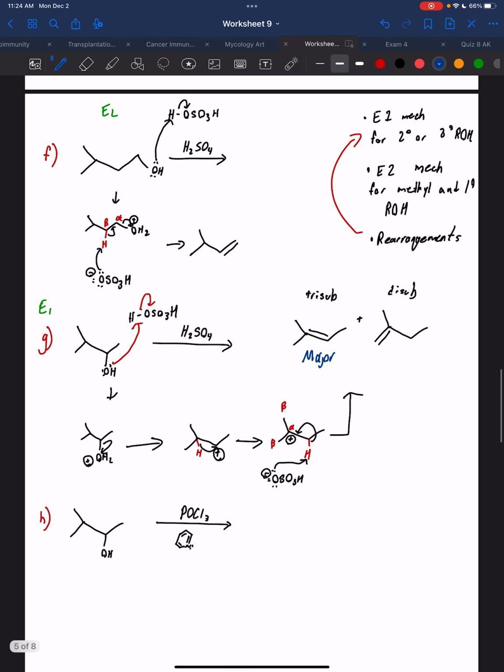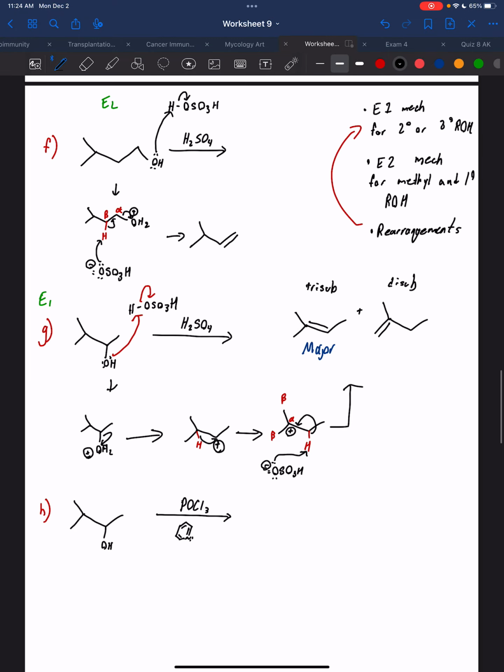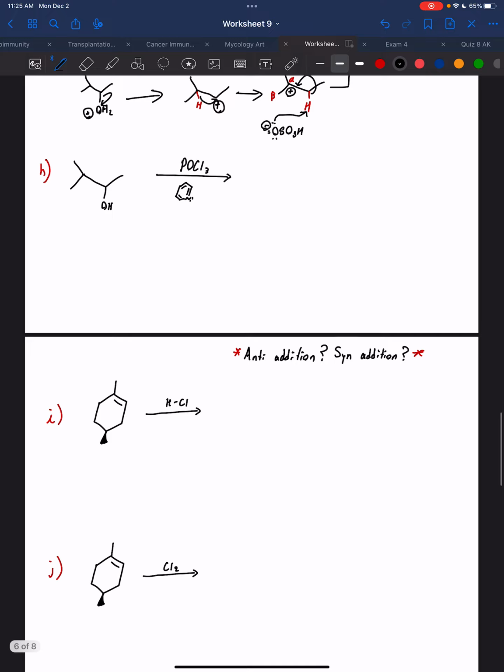Again, the things to take away from this is every time you see an acid, protonate, and that usually makes a good leaving group, and then assess what the mechanism is for your reaction. So for these types of reactions, it's E1 when it's secondary or tertiary alcohols. It's E2 whenever it's methyl and primary alcohols. If you do have an E1 mechanism, then make sure to look out for rearrangements. Is it possible to put my carbocation in a position that it'll be more stable? But those, again, they'll have the same notes because they're the same reaction. They just happen to be on different